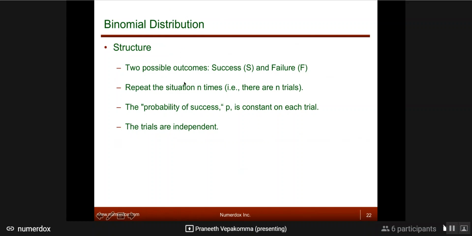Now, if I give you a data set of n trials or n samples, then you will see S's and F's, right? The successes and failures. If I gave you 5 successes and 3,000 failures in my data set of sample size 3,005, and you're trying to estimate the probability of success, maybe the probability of success is very low from what you observed, right? Because you observed 3,000 failures and only 5 successes. So you can estimate from the data what that parameter would have been. To estimate that, you can come up with different formulas, maybe just the average, or you can use something else. Your formula for estimating that P for this distribution based on the data of successes and failures you have looked at is known as a statistic. What formula you use would be the statistic.